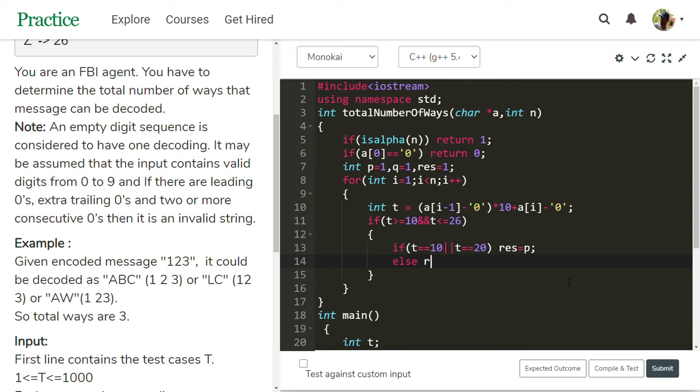Else, otherwise, result stores p plus q. See, 12 is there, not 10 or 20. So the else block executes, result equal to p plus q, 1 plus 1, 2. It is true because 12 can make 2 decoded strings.